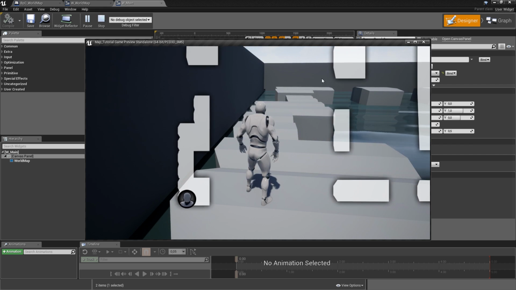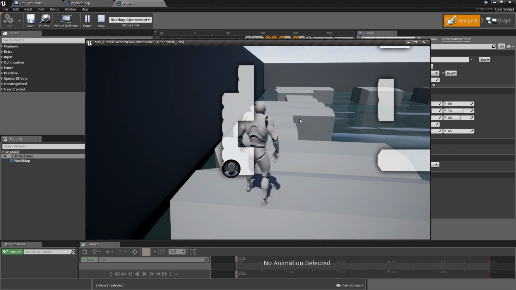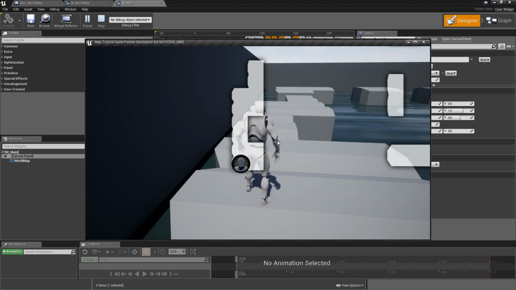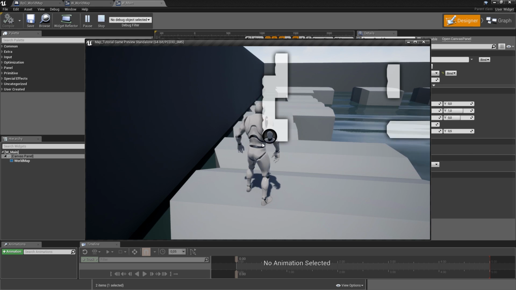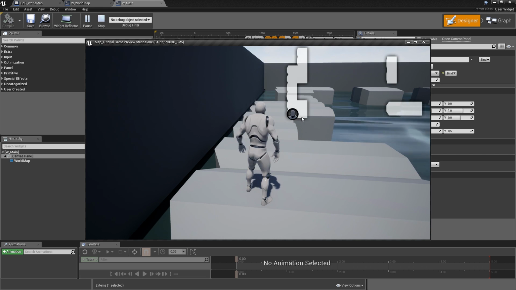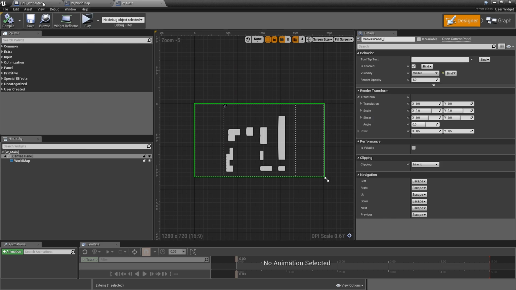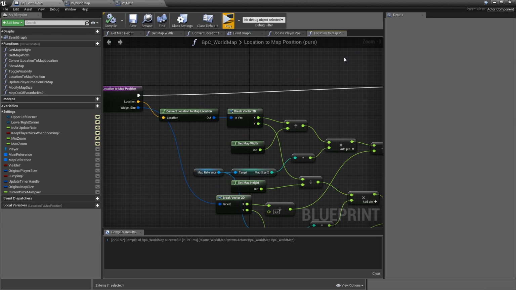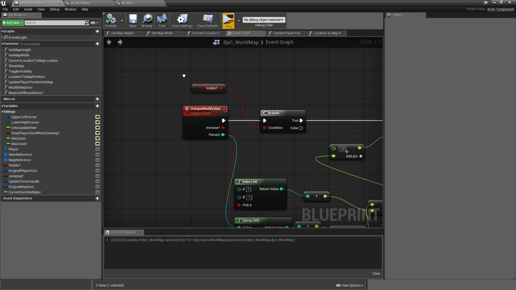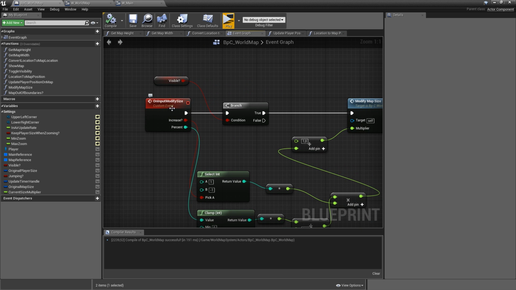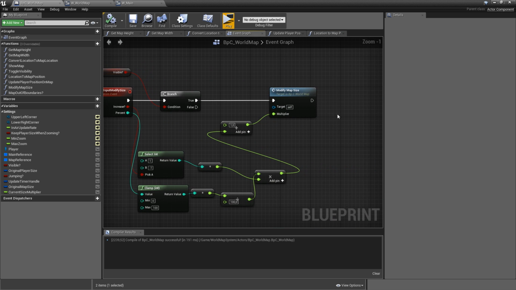One issue though is if you move it maybe to some of the corners, lower left corner right here, and then if you zoom out again, you see that our map is no longer positioned in the center of the screen. So let's fix this. We'll go to our BBC world map and we only want to reset it back to the center when zooming out. So that could be done in our event graph. In the on input modify size. After we modified the map size, we can add a